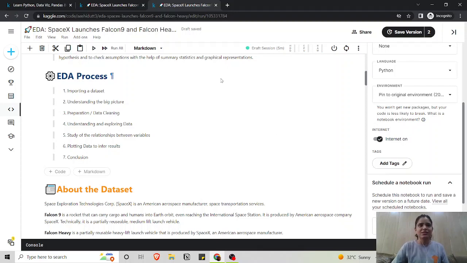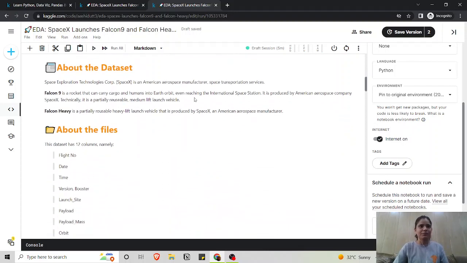So let's just dive into this data set first. About this data set: Space Exploration Technologies Corporation, or SpaceX for short, is an American aerospace manufacturer of space transportation services. And Falcon 9 is their rocket that can carry cargo and humans to Earth orbits, even reaching the International Space Station.